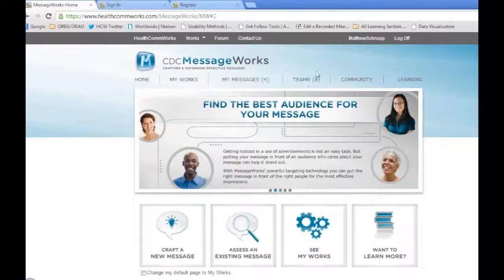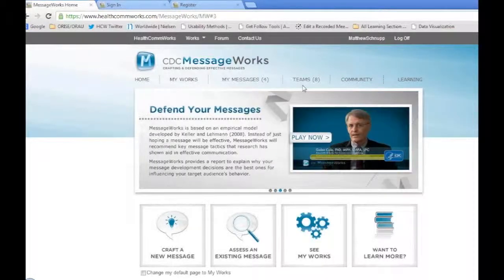For those team messages, that's what you'll find in the team section. You can create any number of teams, and teams are only specific to the people that you invite. So if I share a message with a team that's both Dr. Keller and I, then Dr. Keller and I are the only ones who can see the messages that we create in that environment. It doesn't get shared anywhere else until I invite someone else in a team.